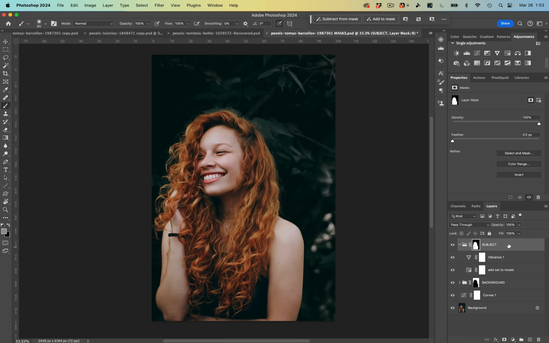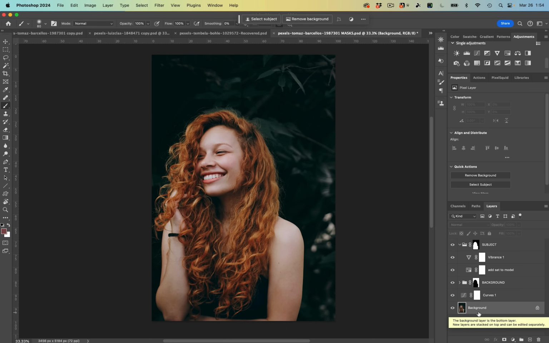Now it's time to get advanced. What I would like to do now is create a color grading effect over her skin tone because her skin to me feels quite dead and desaturated, and I don't really like the way that it looks. So in order to do that, I want to do that within the subject folder, right? Because it is only affecting the subject. So for that, let's click on our background layer just for a moment,